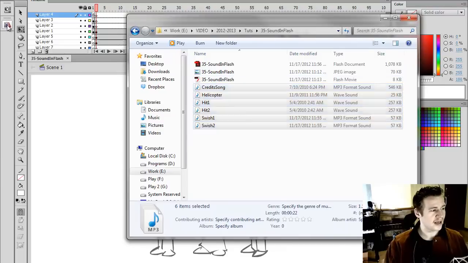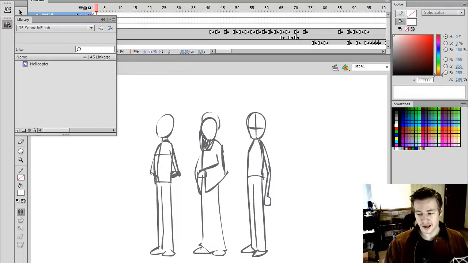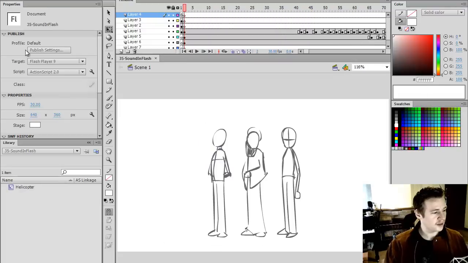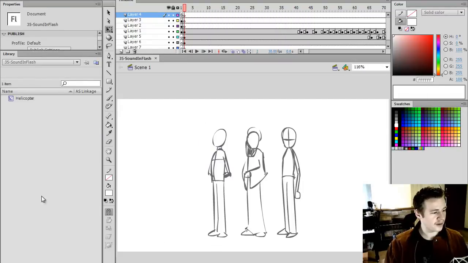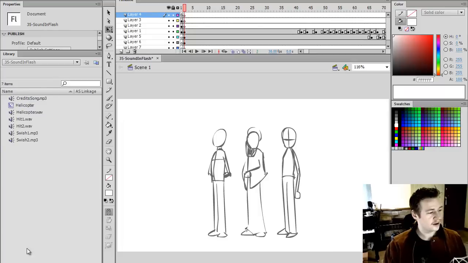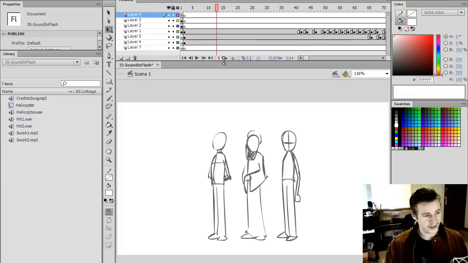So I'm going to open my library here so you can see where I'm going to import them into. So if I just open that panel, got my library here on the bottom, grab my folder, and I'll click and drag these sound files into the library. And you can see right here on the left, I got all my 6 audio files stacked up there. So what I would like to do is show you the different kinds of audio that you can play and how